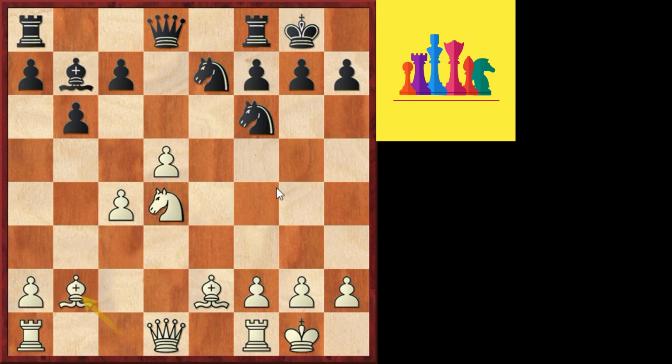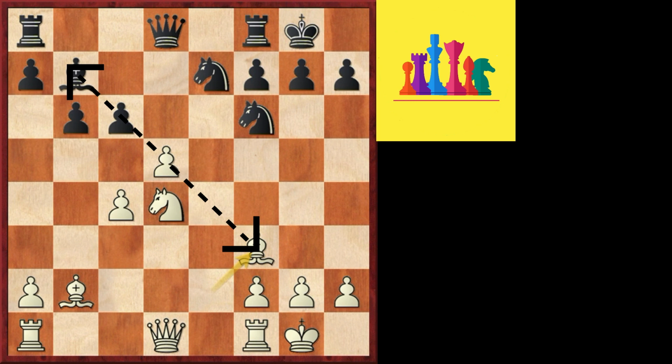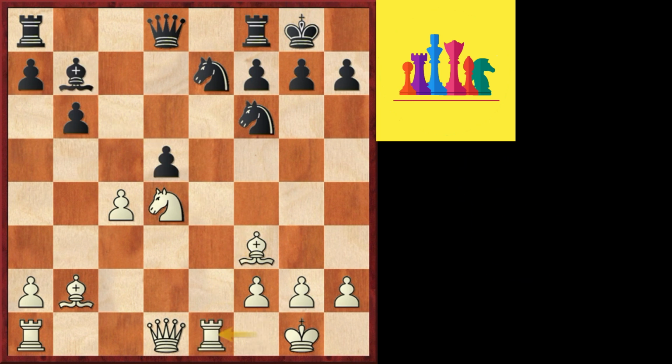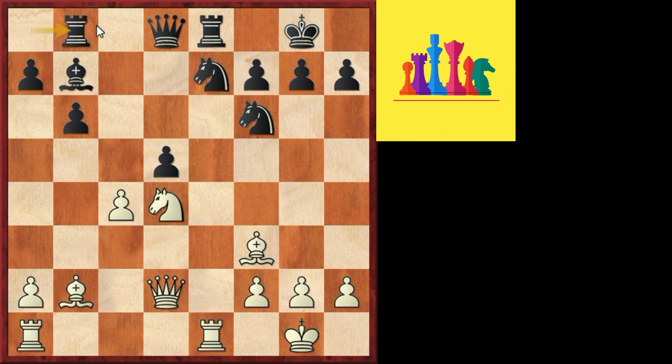Black challenges White's strong center with c6, and White replies by opposing his bishop to the opponent's one with bishop f3. After taking and rook e1, the pin prevents Black from recapturing on c4. We have rook e8, queen d2 connecting the rooks, and rook b8, defending the bishop and finally enabling the capture